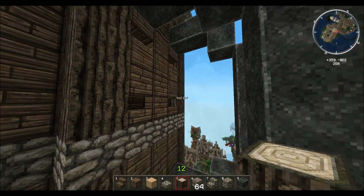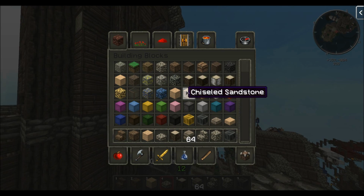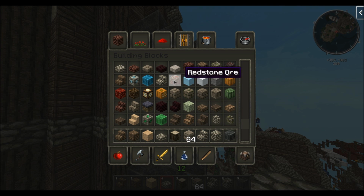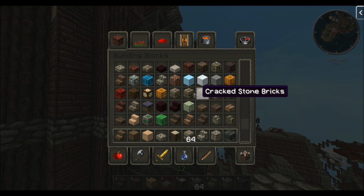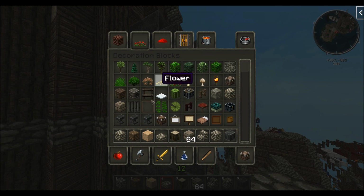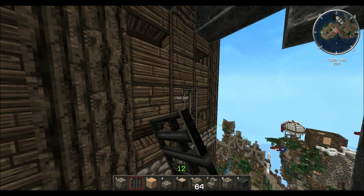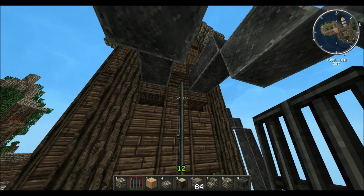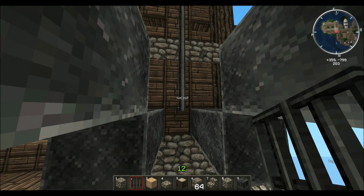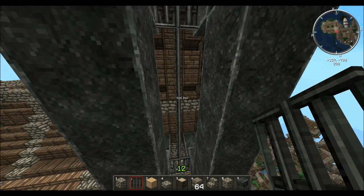Now, what you might be thinking is, where would the center point be? And the center point, it's somewhere that we've yet to come to terms with. And so if we were to, let's say, grab cobble. Cobble's always a nice block, and some iron fences. What you can do, and what I like to do, is I like to fill the center of my cogs with iron bars. Now, not only because this makes it look a little bit more machine-like, but in fact because